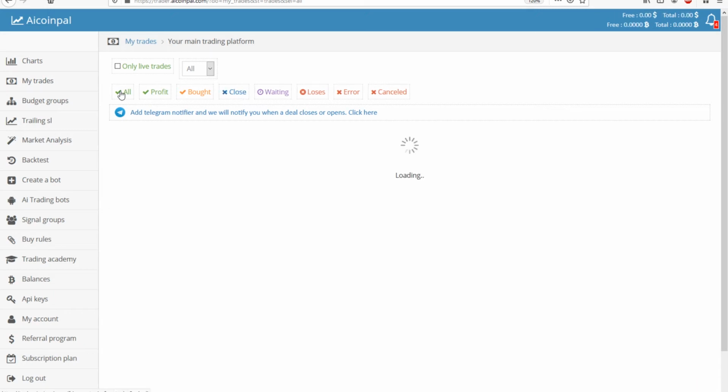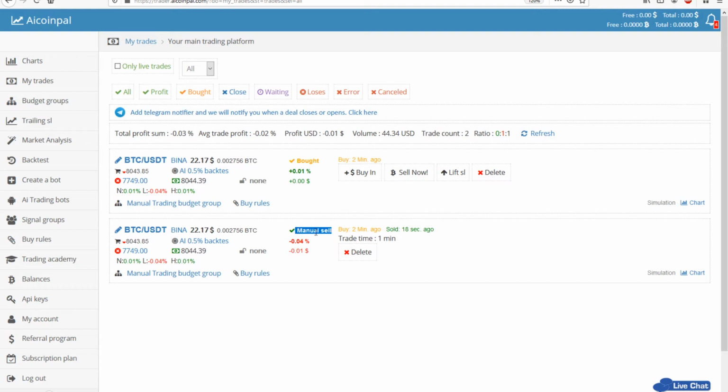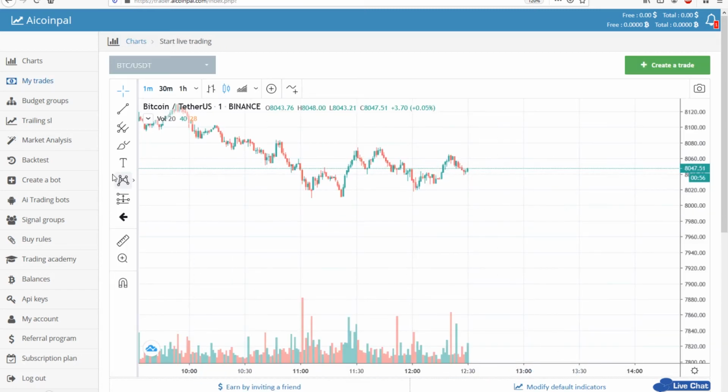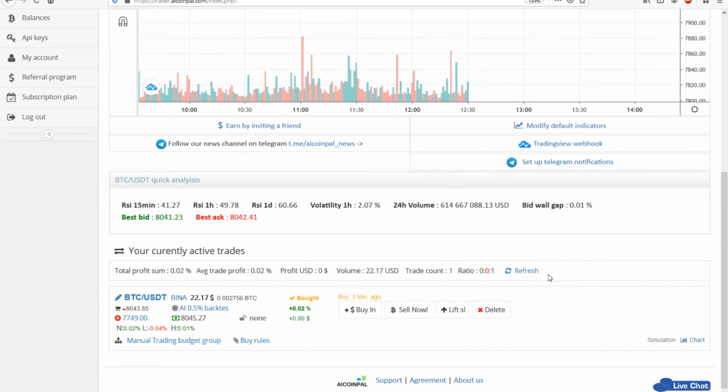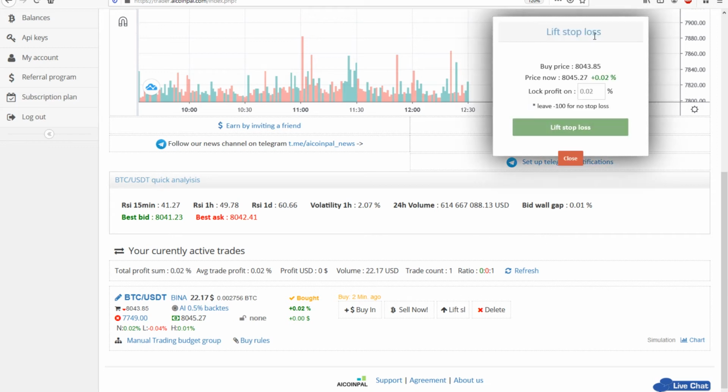You can view all your trades. As you can see, it was a manual sell 18 seconds ago. Continuing back, we can instantly refresh the page. We can also lift stop loss. We can lift stop loss to, let's say,